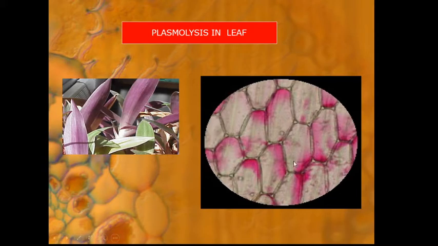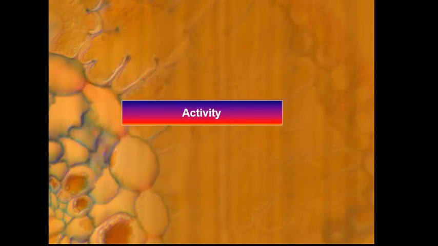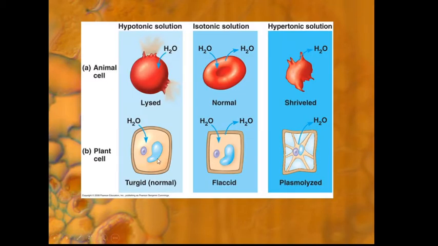Now we have kept it in plain water, there won't be any problem here. You will be able to see the movement of chloroplast and all very easily under the microscope. But if you keep it for a few minutes in some salt solution or sugar solution, some hypertonic solution, you can see what happens to the cell here. So this is the normal one we are having, and when we keep it in hypertonic solution, this is how it is going to happen here.